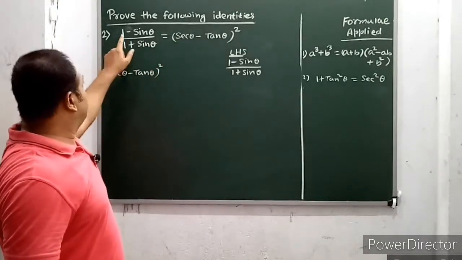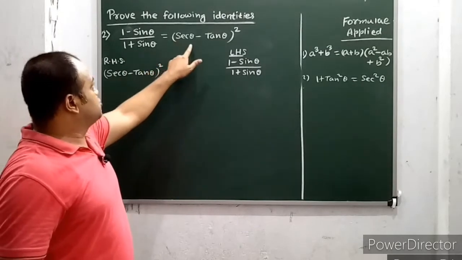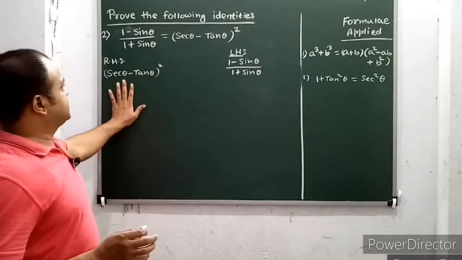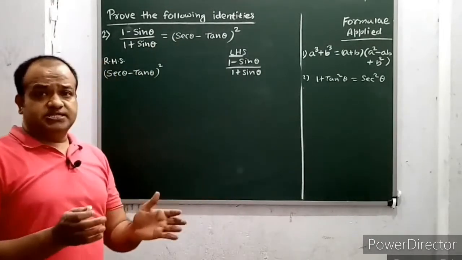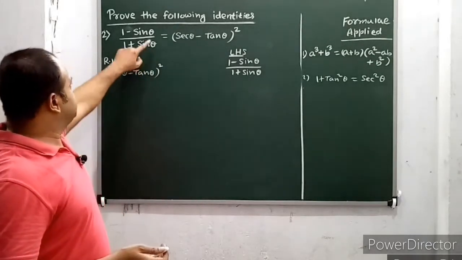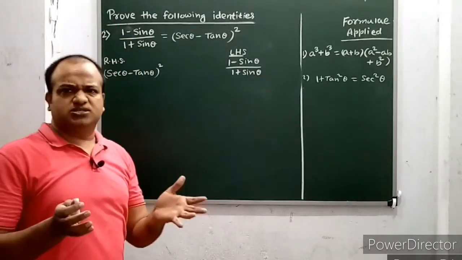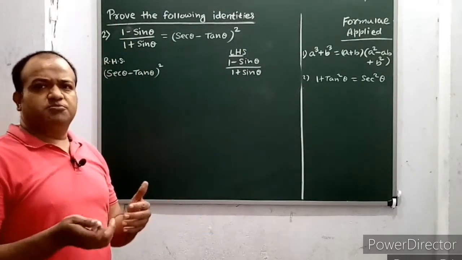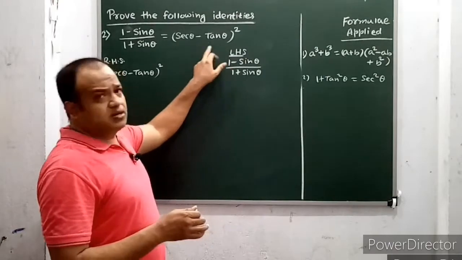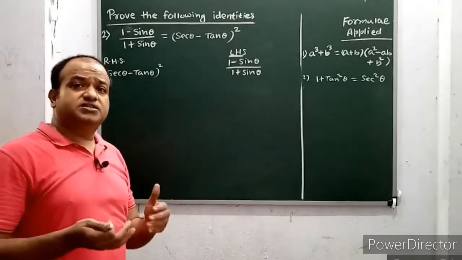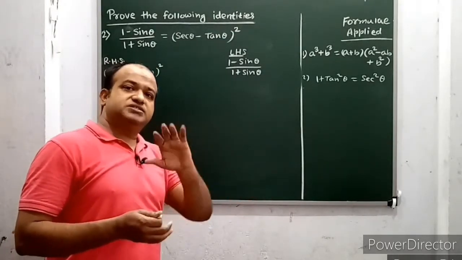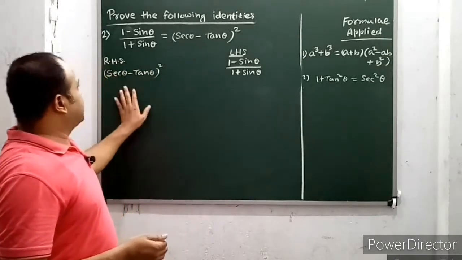Next sum is you have to prove 1 minus sin theta by 1 plus sin theta is equal to sec theta minus tan theta whole square. Now see one thing, here we will start from right hand side, not from left hand side. Why? Because it is easier to convert complex part into simpler one. Now we can see here, this is in the very simple form, sin and cos, it is a very simple form. But the complex form is tan theta, sec theta, cosec square theta. So we can find here that this is the more complex form. It is my advice, you always start doing the sum from that side which is more complex. So I am taking here right hand side.